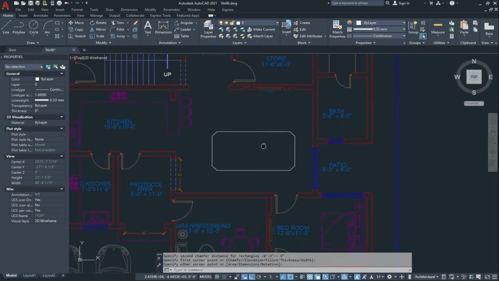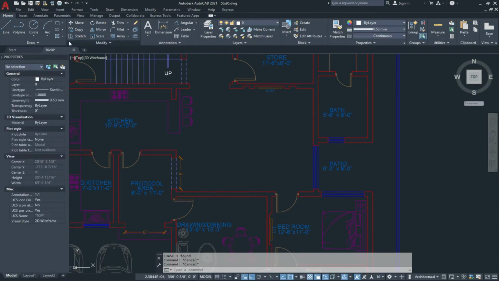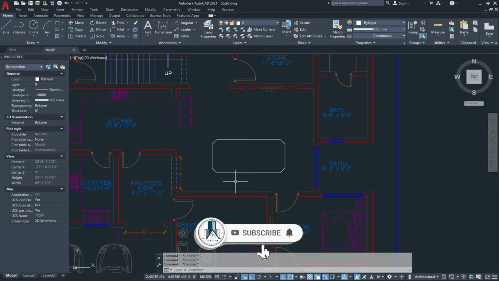Now the second point of the rectangle is elevation. Click on elevation and give the distance 3 feet and press enter. Now create your rectangle. What is meant by elevation?